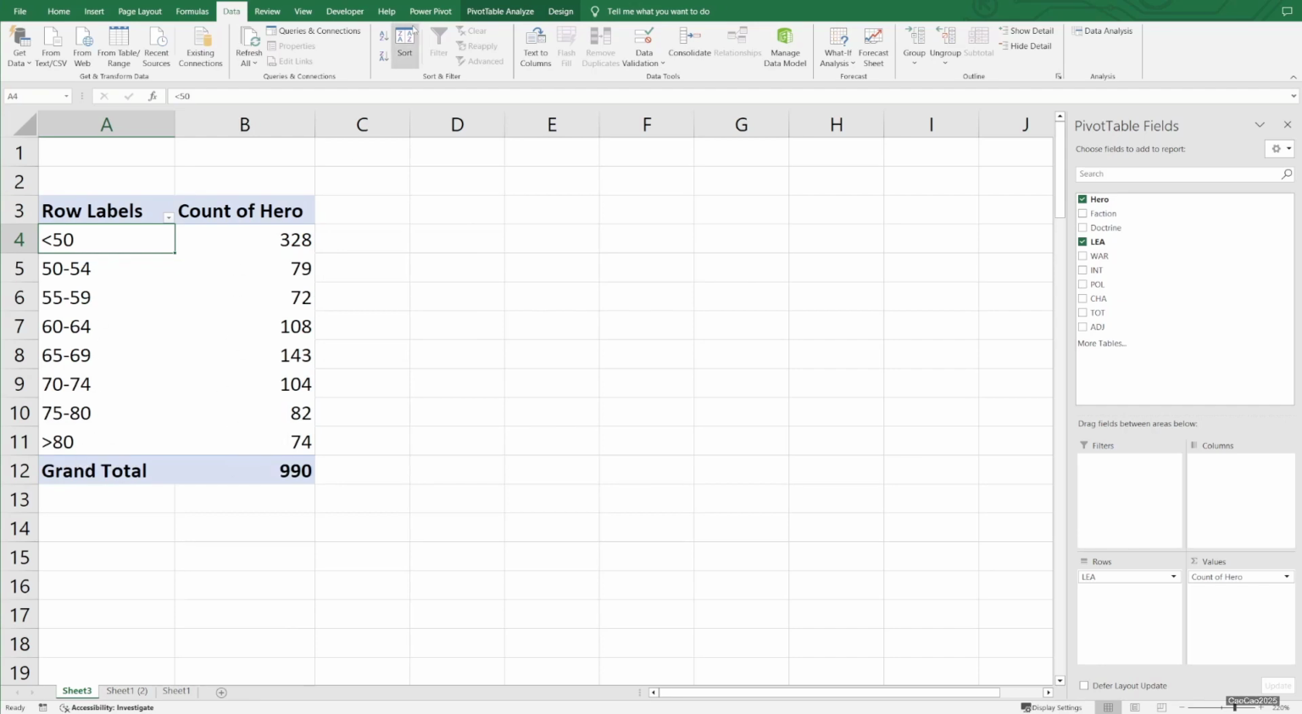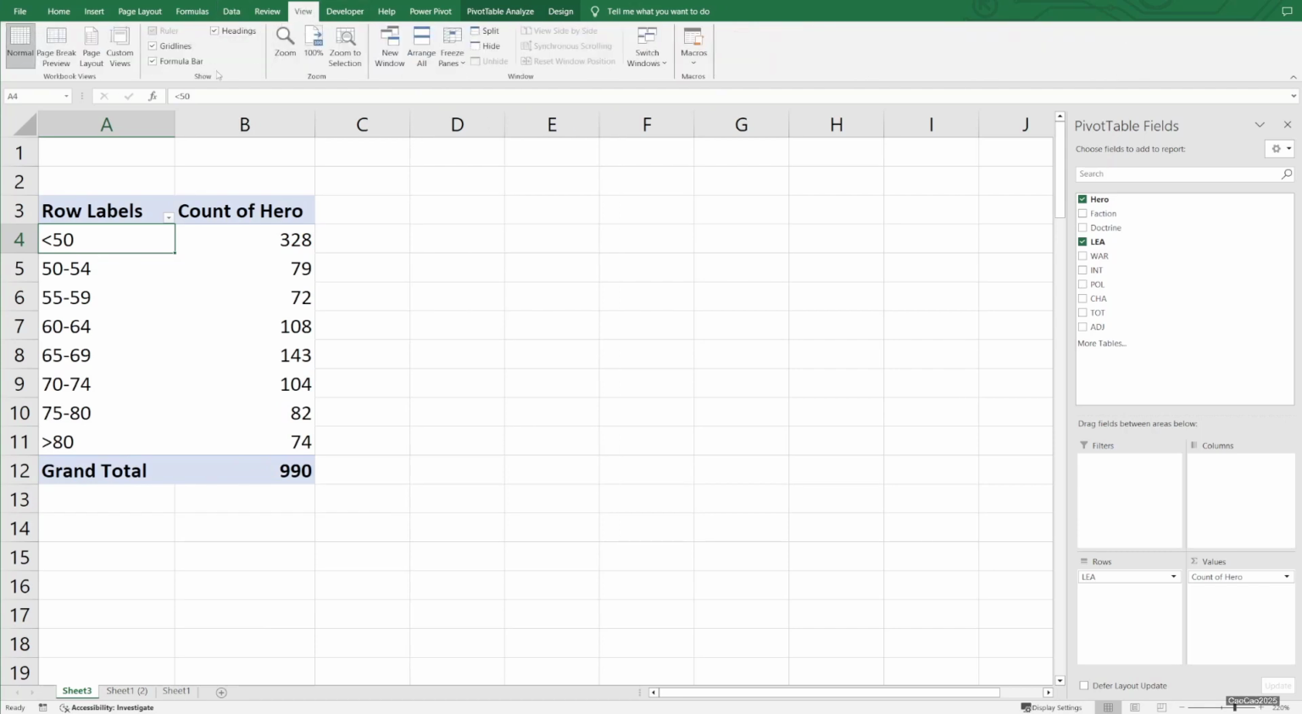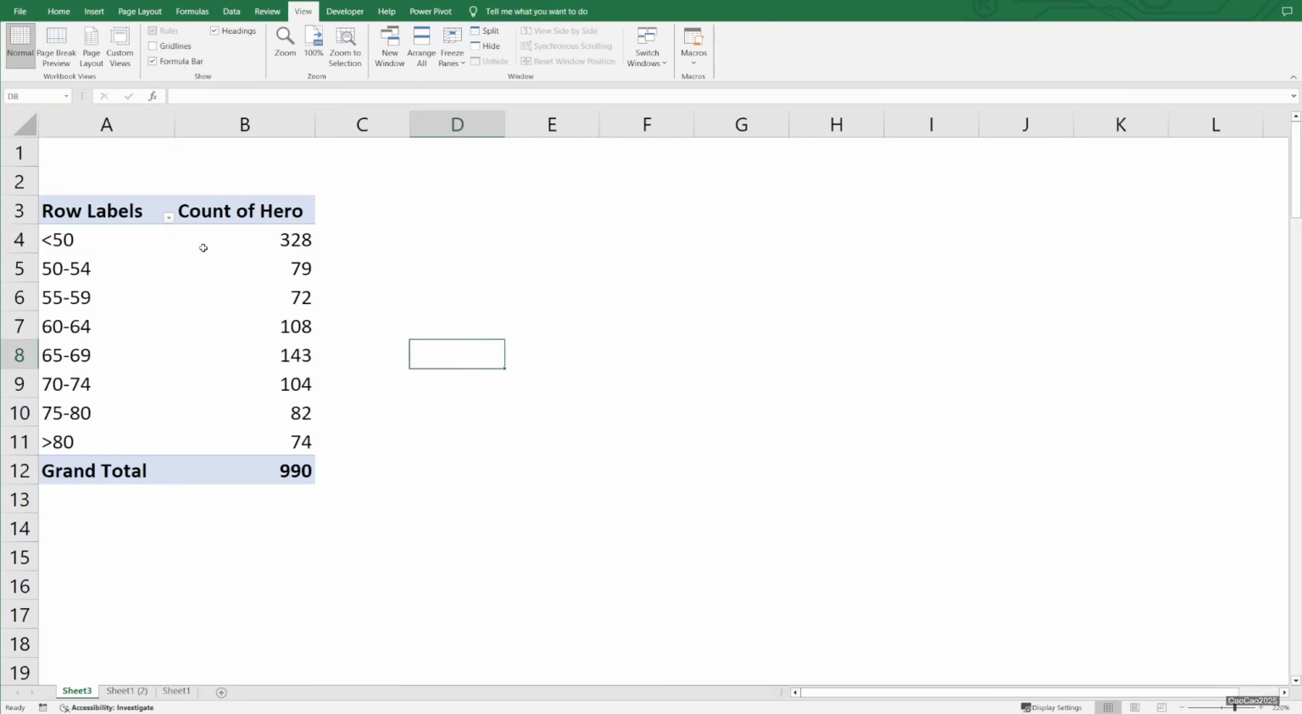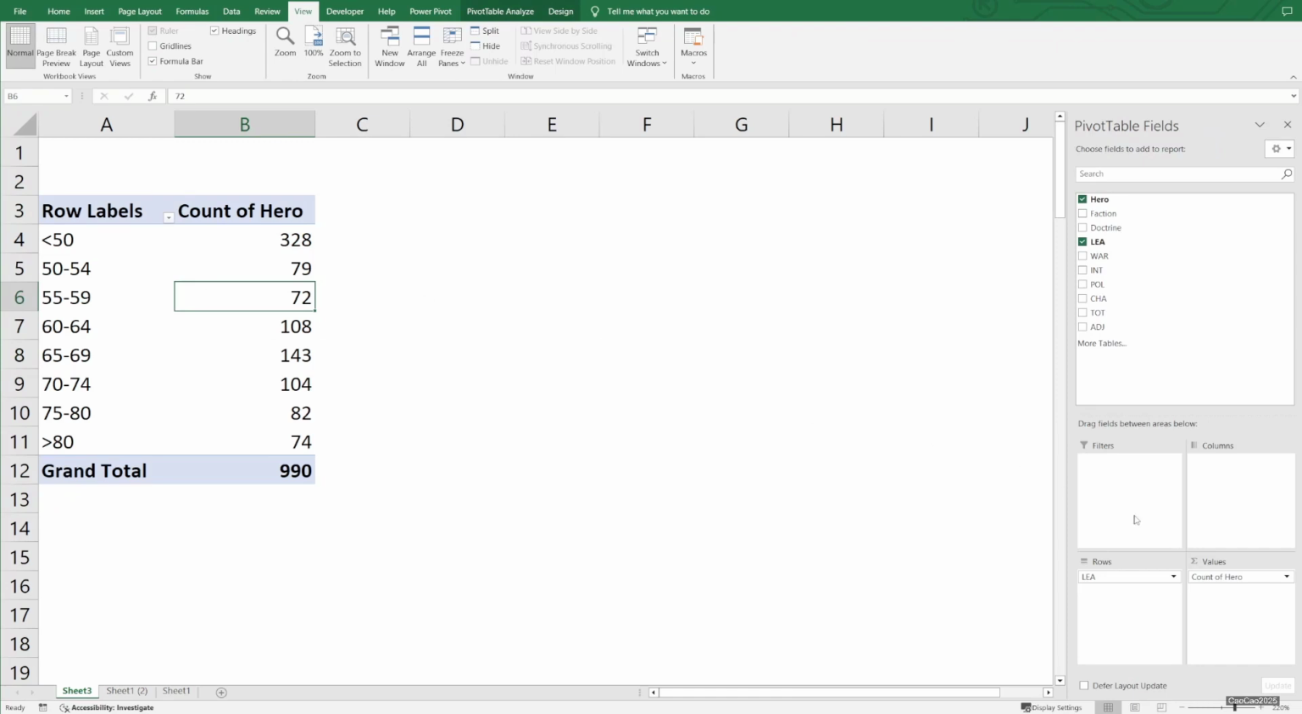This is really fun and easy if you just want to look at the data. If someone asks you, yes, group it. It's really easy to use. And you could actually